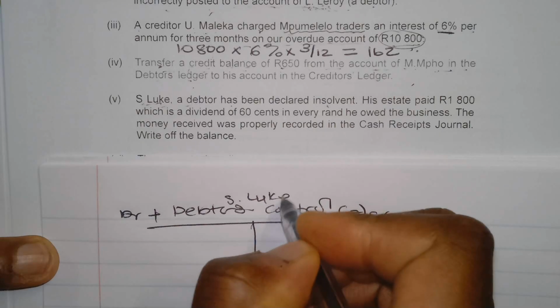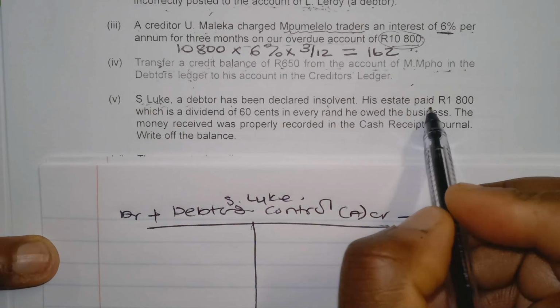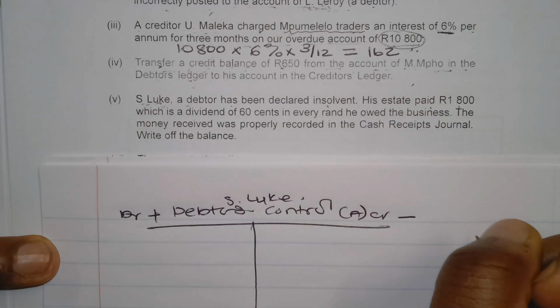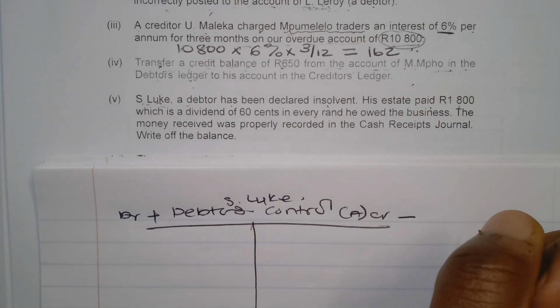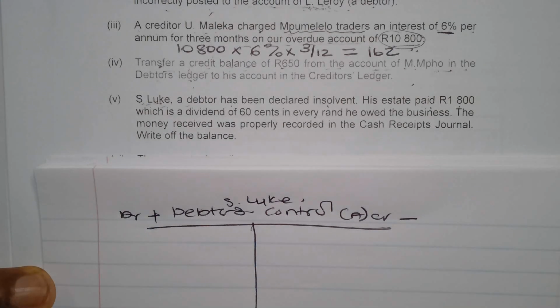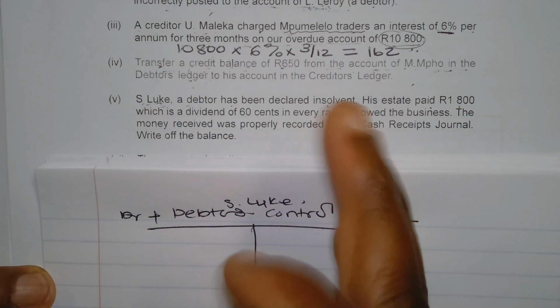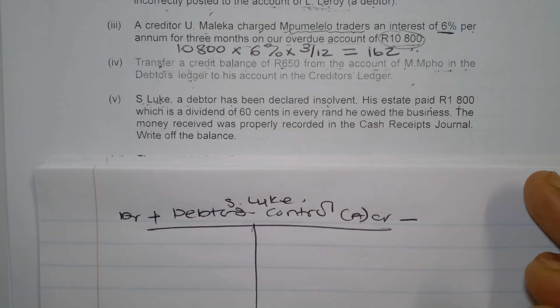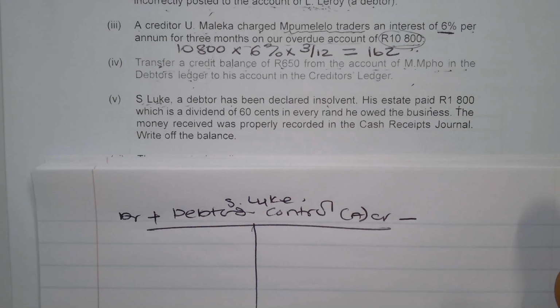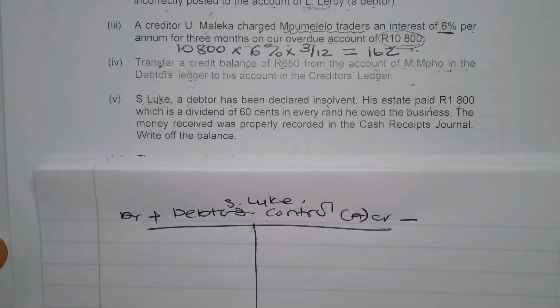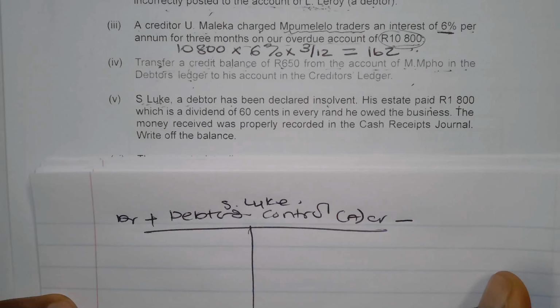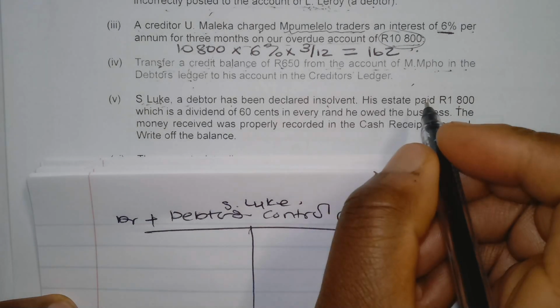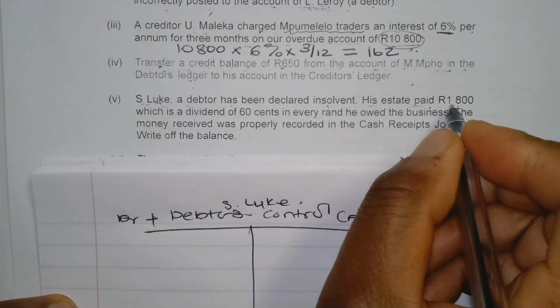But okay, so look, we have S there. The debtor's estate paid. So in most cases, you need to break down this transaction because of the nature of the transaction. What I like to do, if I see this particular transaction, because it always comes up, is draw a table to make my life very simple. So what you need to do is, so his estate paid